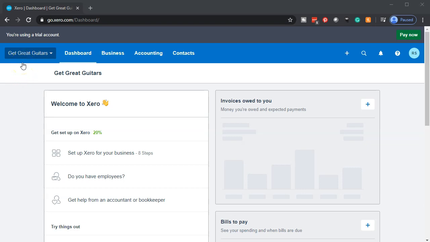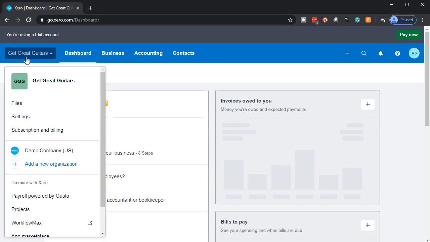One of the nice things about Xero is that you are able to change between multiple files. You can have multiple different files that you are working in. So if I select the drop down here, for example, we're in the Get Great Guitars file. We have the demo file here, and that's going to be the demo from the Xero team, providing the demo file for us to basically practice with. And then, of course, we're in our Get Great Guitars, and we can set up another file if we so choose. Great tool for practicing and getting used to the software, as well as just navigating through many different